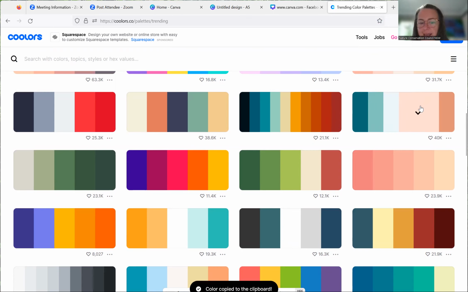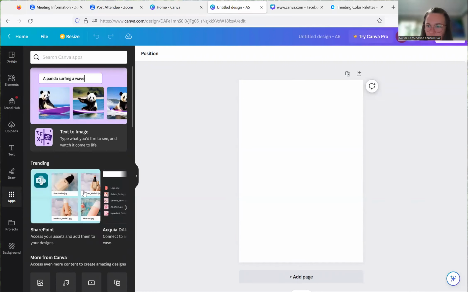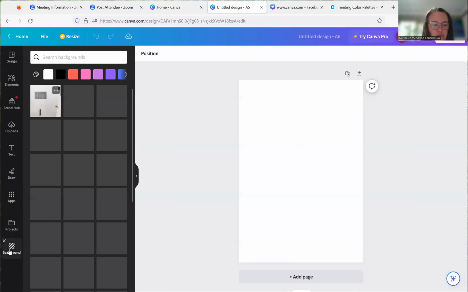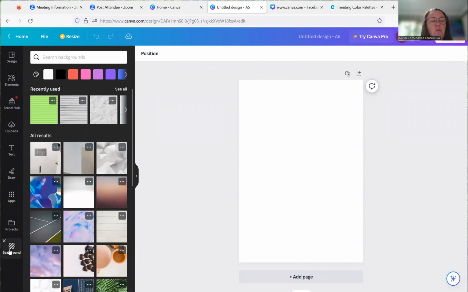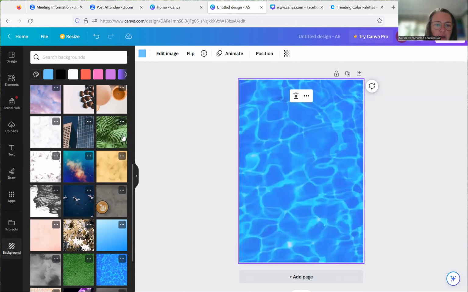I'm going to click it and it's going to copy. I'm going to go back to Canva. Now we want to go to background. And as I said, if you haven't got background there, go into apps. I think that's where you'll find it. Once you've found it, you should have it up there on your left. We go background, color palette, because I want my own color. I don't want any. I could go and pick one of these, you know, oh, there's a water one. But no, I'm not going to do that